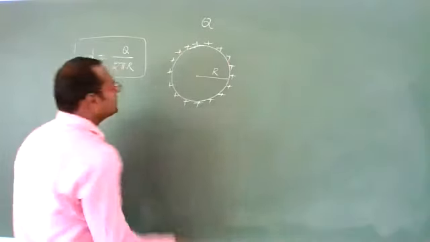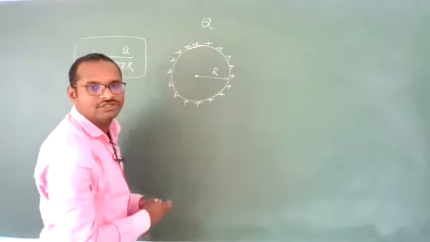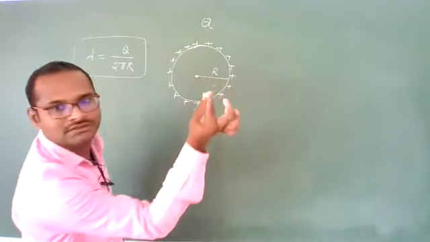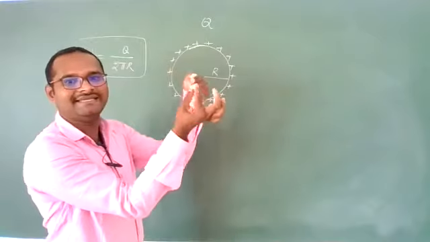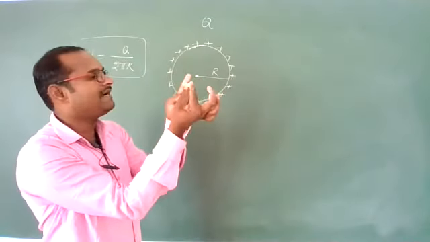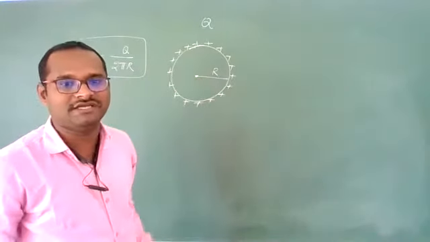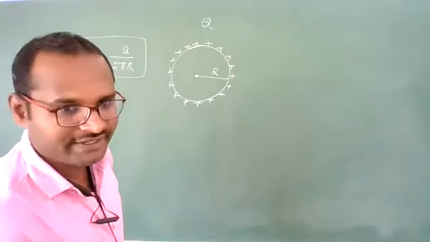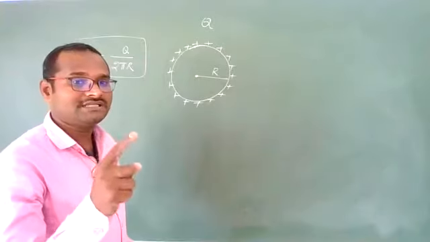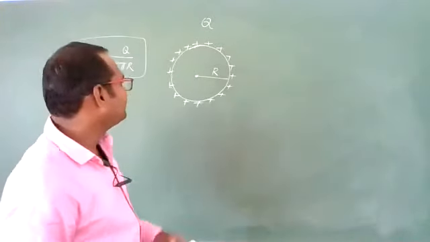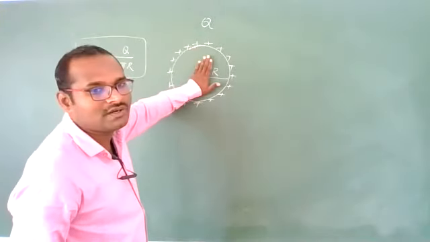Now, see, from the center of a ring, you take one axis. Now, on this axial line, at any one particular point, what will be the electric field they will ask? We need to find. Students, this is important for your board exam as well as competitive exams. However, this question they are not asking.